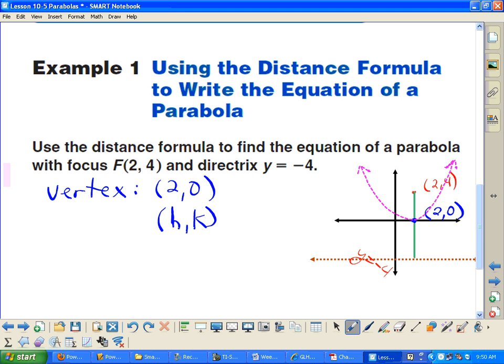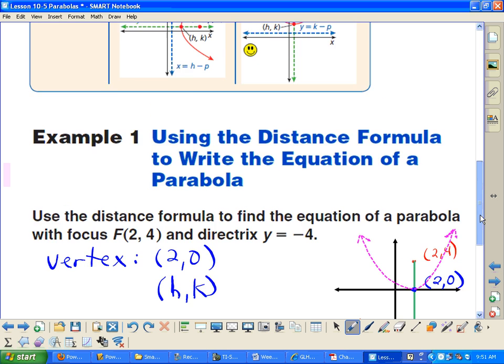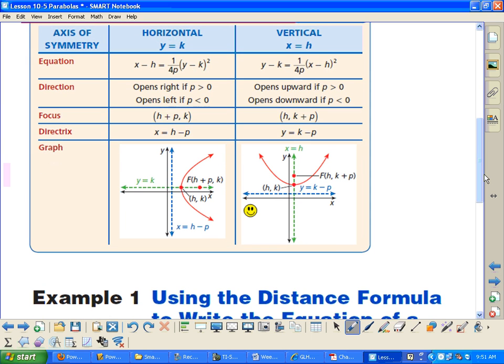The easier way to think about that is, where's the focus at? The focus is here, the directrix is down here, so the focus has to be inside the graph. So if it's a horizontal directrix, it either opens up or down. If it's a vertical directrix, then it opens left or right. So this is a smiley face, which means it opens up vertical. So that means we're going to be using